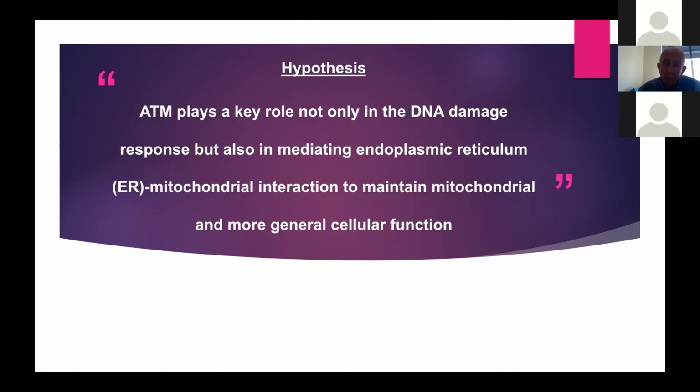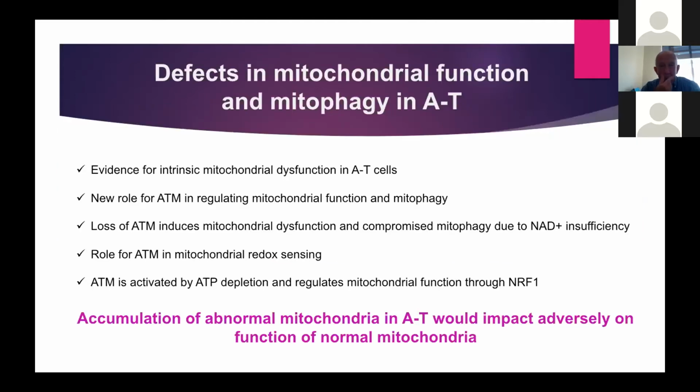So why are we focusing on mitochondria? Well, there's quite a lot of data that has accumulated in the last several years, which point to defects in mitochondrial function and mitophagy. That's the turnover of mitochondria in AT. Now, I've listed some of these here, and these include evidence for intrinsic mitochondrial dysfunction. That is, mitochondrial membrane potential is abnormal. Second point